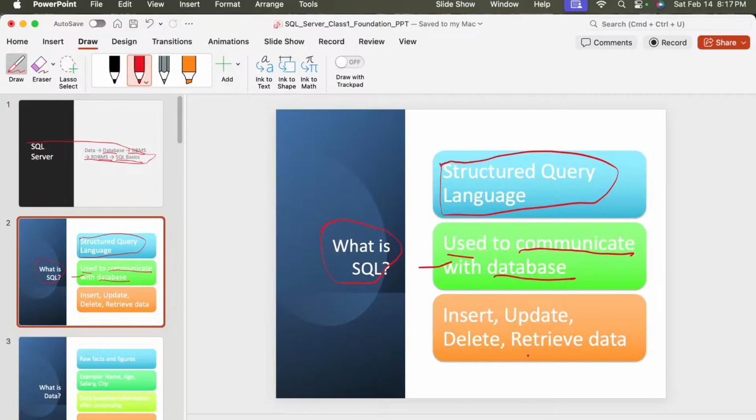SQL क्या होता है? SQL एक स्ट्रक्चर क्वेरी लैंग्वेज है जिसका यूज हम डेटाबेस से बात करने के लिए करते हैं, जिसके अंदर हम डेटा को डाल सकते हैं, निकाल सकते हैं, अपडेट कर सकते हैं, डिलीट कर सकते हैं, या बहुत सारे ऑपरेशन हम यहाँ से कर सकते हैं, ठीक है। SQL stands for Structured Query Language. SQL is a language used to talk to a database, and using SQL we can read our data, insert new records, update existing records, and delete incorrect data as well, right? So by using SQL we are able to do these things.